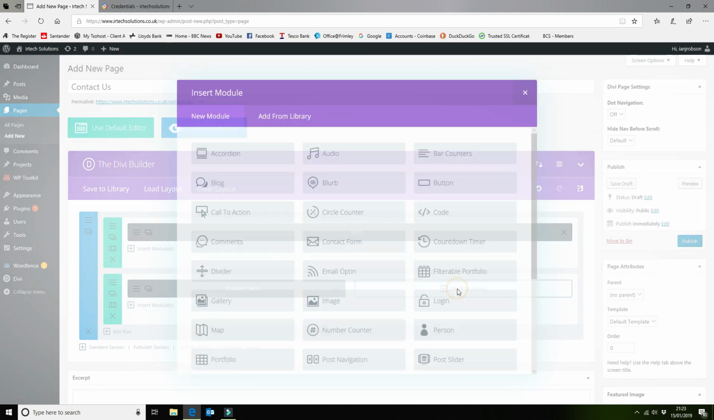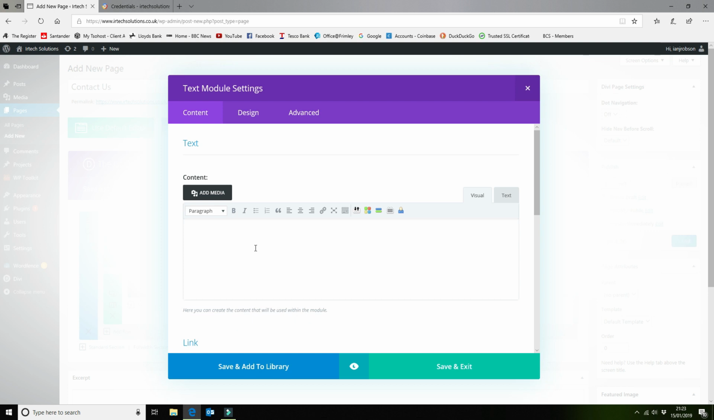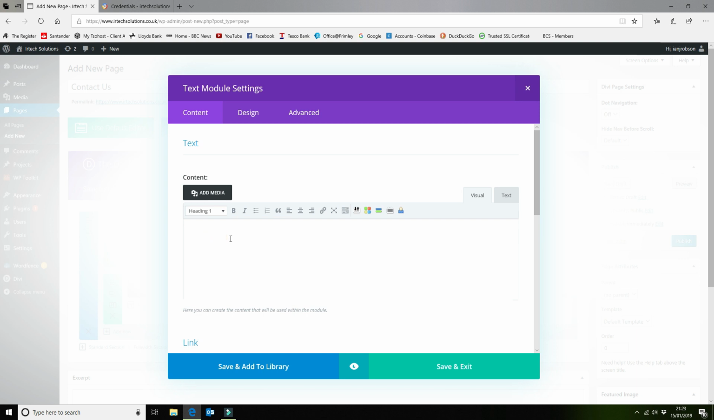In the right hand column we're going to add another text module, and this is going to be something like sending post to us. Postal address, we'll call that. Let's pop that in the middle. This one can be